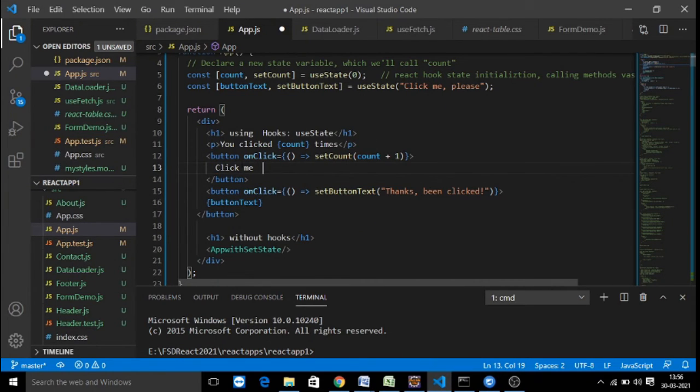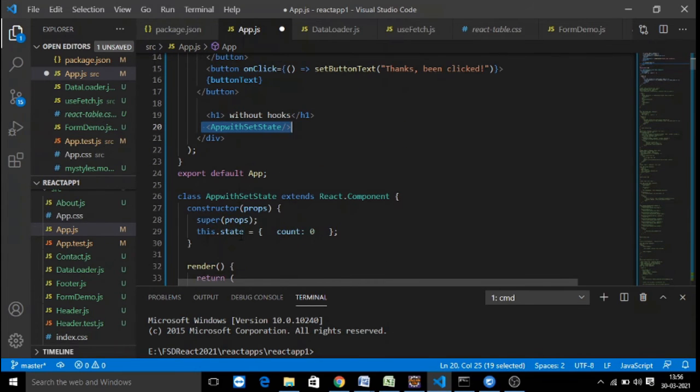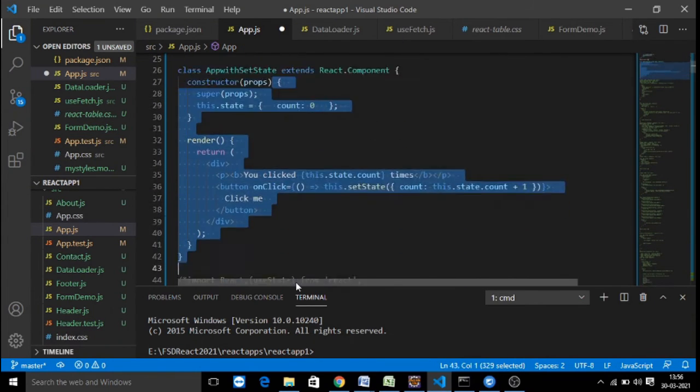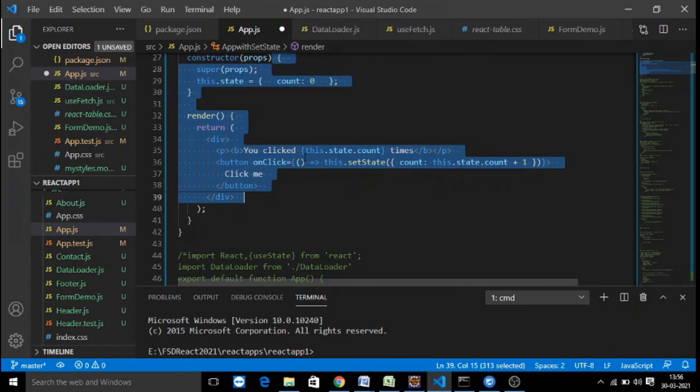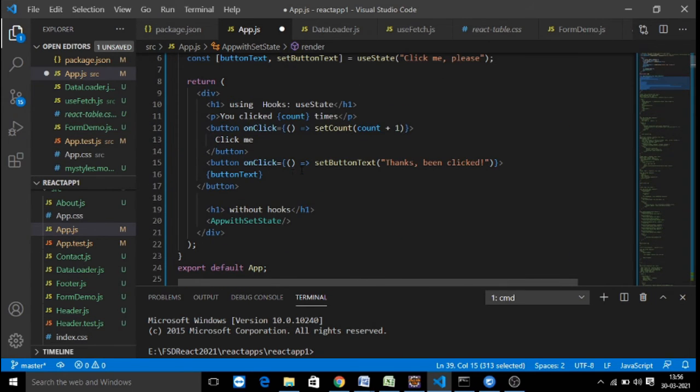So here, first is the app with setState, meaning without React hooks we are using setState in a class component, where we are also creating a counter component to perform the counting operation. Second, we are going to perform the same counter application using hooks.